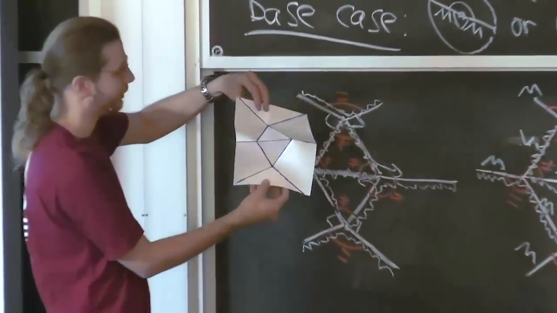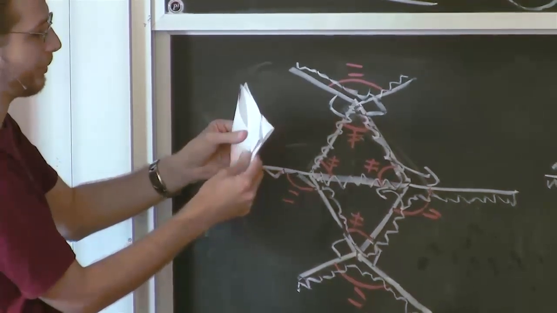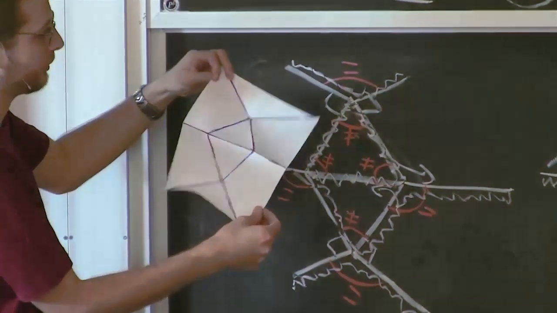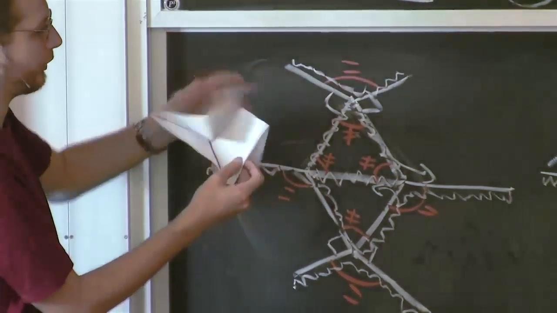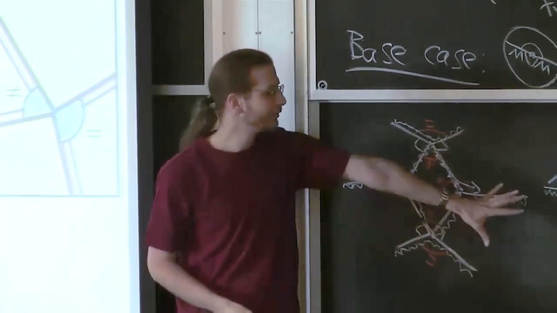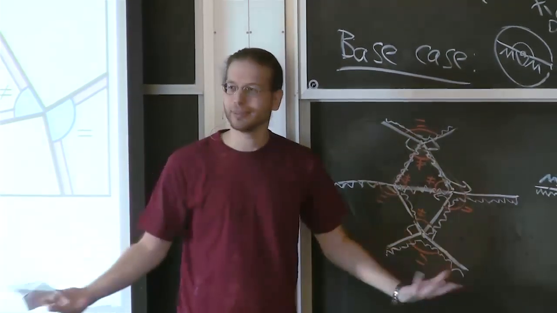So in this case, it works. In general, you might get some weird Mountain Valley assignment that doesn't work, but something simple like this pattern, which has 4 vertices, works as well. Any more questions about local foldability? That gives you at least an idea of what the merges look like. It's hard to draw a huge example, but yeah.